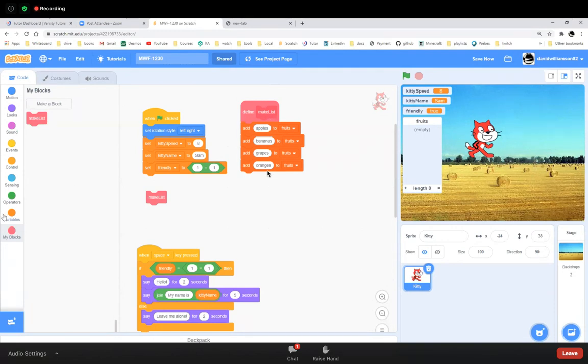It's called my block. Okay, it's my own personal block. It's a function, okay? And in a way, yes, all the blocks are functions, but it's a custom function, okay? So just remember that, okay? This is a custom function, okay?